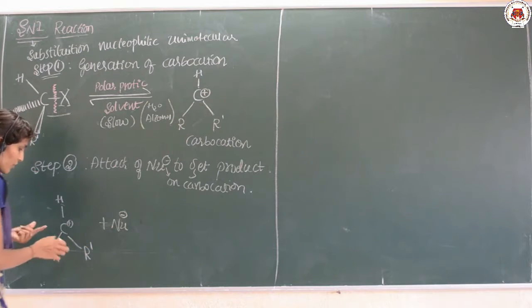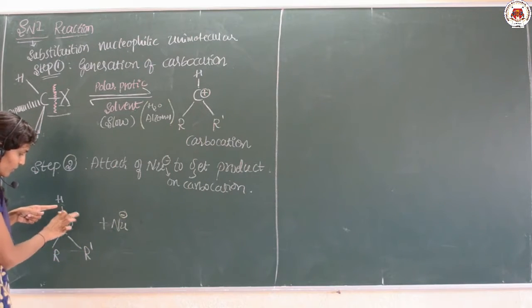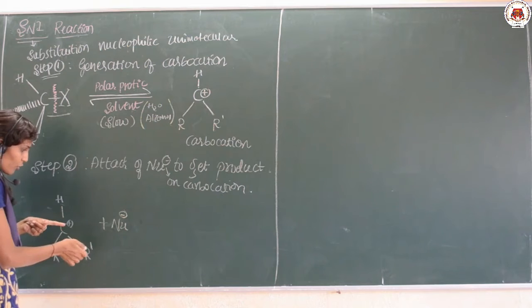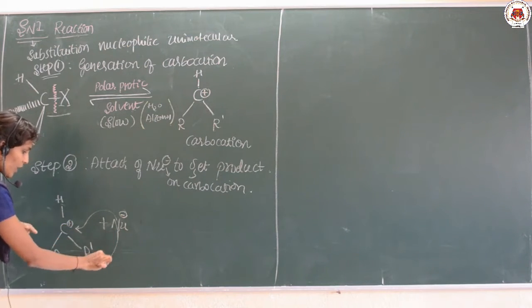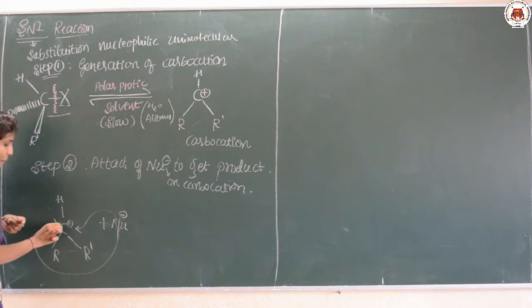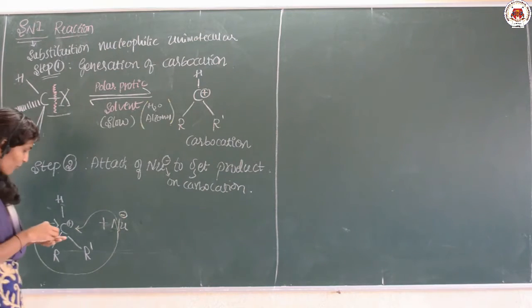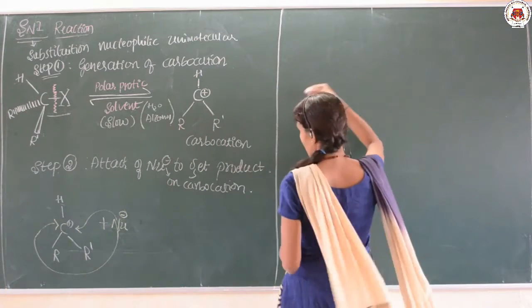See here, these three groups are present in a trigonal planar, which means the nucleophile is able to attack from the front, or it is even able to attack from the back side. In case of SN2, backside attack is preferred, but in case of SN1, there is a possibility of attacking the front way or the back way. So when the front and back attack occur, the formation of the product will be like this. That only I will show here.